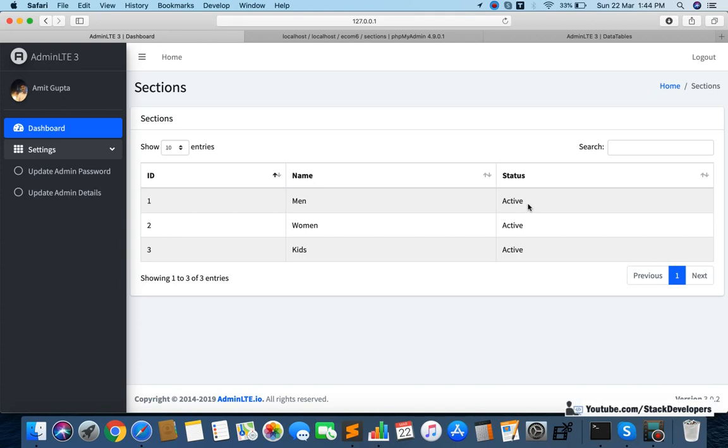So that the page will not refresh, because we are going to follow this in other modules as well, when we work on categories and products. So it is really beneficial, and after that we are going to work on categories as well. So this is fine up till now. You can try this at your end, and if you face any